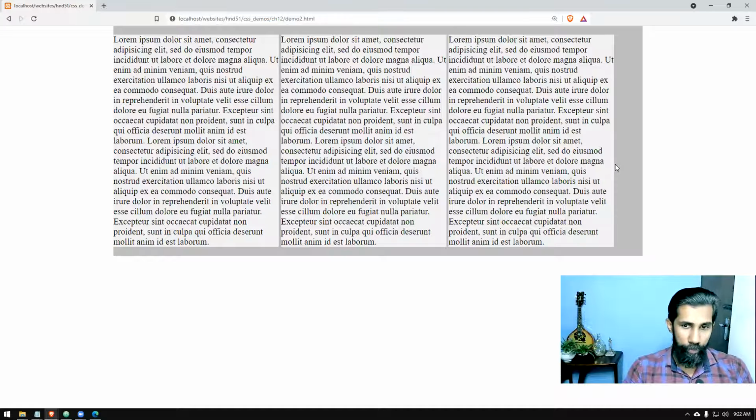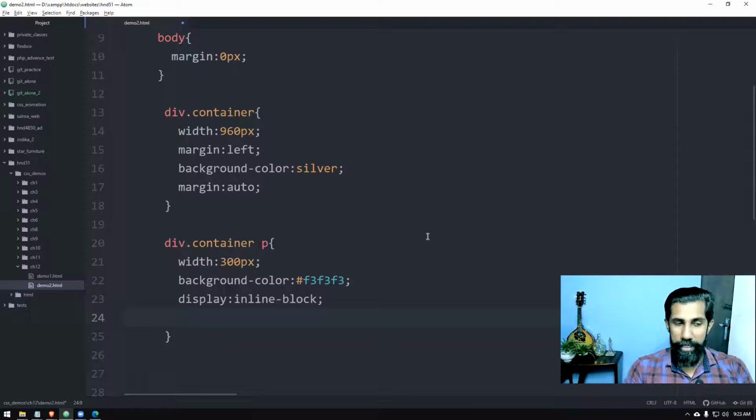Okay, so watch carefully: in between these two paragraphs, I want a 30 pixels gap or margin. In between the second and the third, I want a 30 pixels margin. So 30 pixels here, 30 pixels here, totally adding up to 60 pixels. So the entire 960 pixels will be utilized. This paragraph will come to the edge of this part, nothing will be left here, so it will look evenly placed. We'll try how to do it.